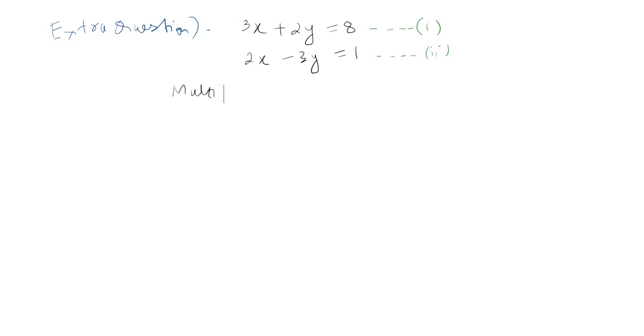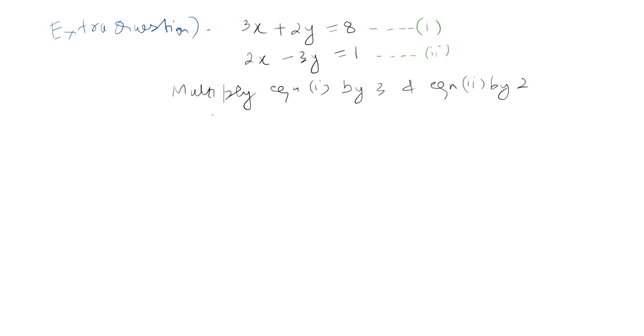Multiply equation 1 by 3 and equation 2 by 2. If I multiply this by 3, I'll get